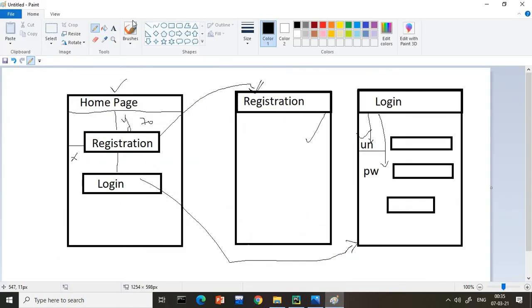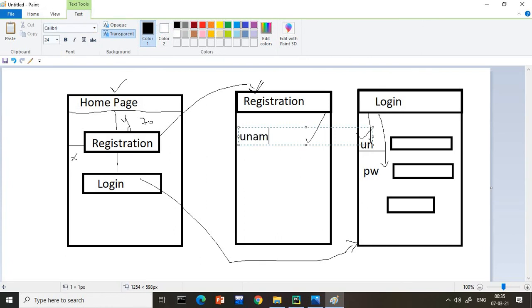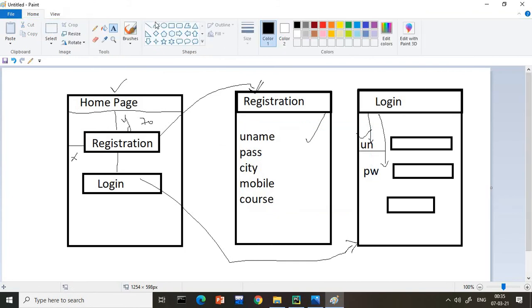Here I want to create one box as uname. After that I will create password, then city, mobile number, and course. So like this, you have to create one form, and this form you will submit with these text boxes.